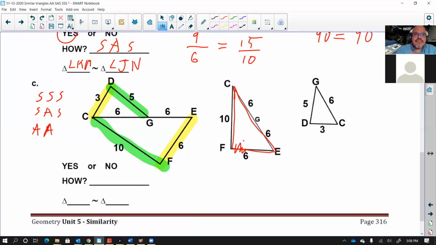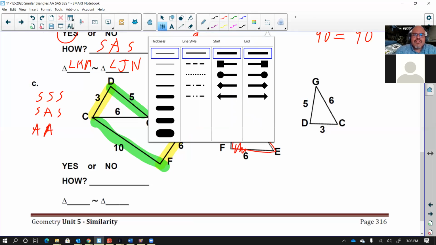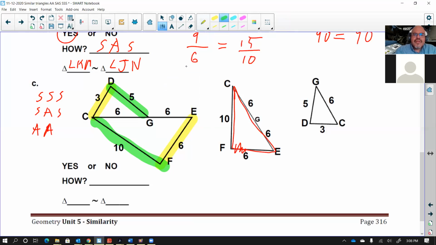This is 6, which is the smaller side. I'm going to go ahead and use the highlighter. This is the small side from the second triangle, which is the 6, and then 3 is the 3 from the smaller triangle. Then you have your medium size, which is the next side up, which matches 10. There's a reason why I didn't want to mark the largest side: the largest side on both of these triangles